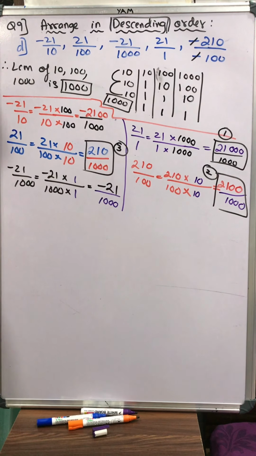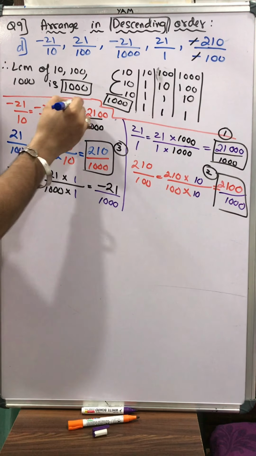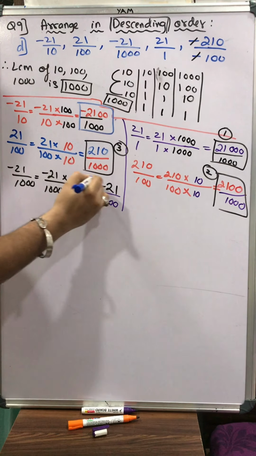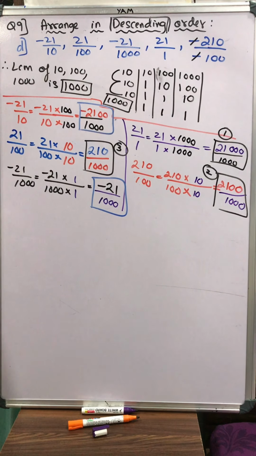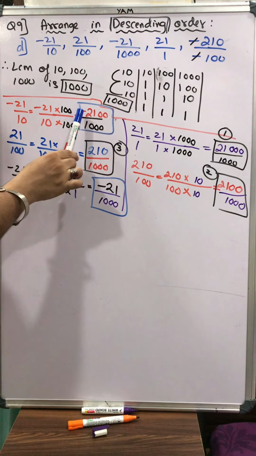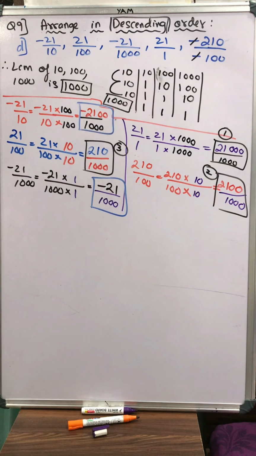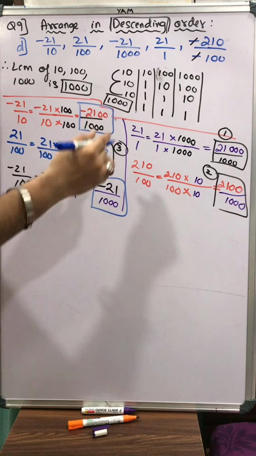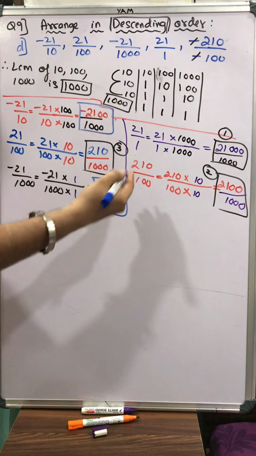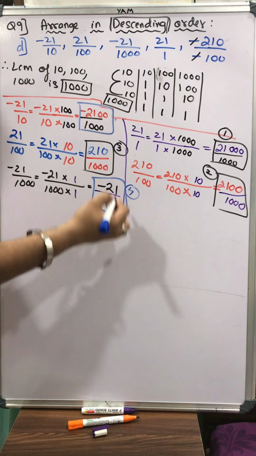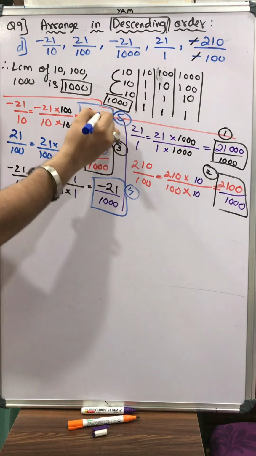And now we see the negative numbers. Negative numbers are these two. Okay. And here I have minus 21. Here I have minus 2,100. But with the negative signs, lesser the number with minus, greater is its impact. So I am arranging in descending order. So the next fourth greatest number will be minus 21, and the fifth one will be minus 2100.